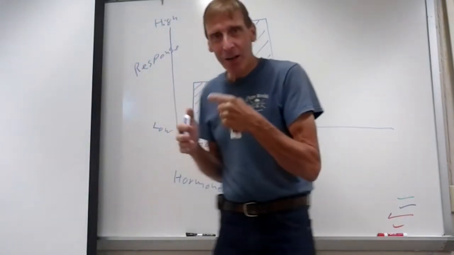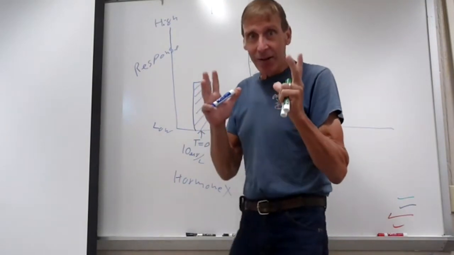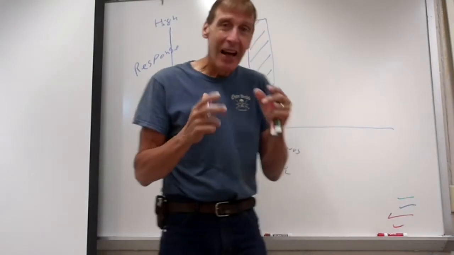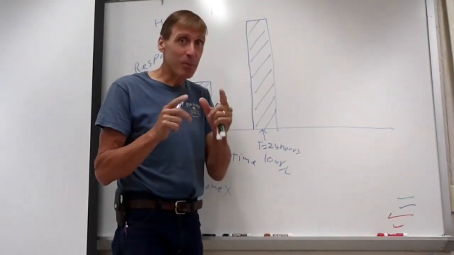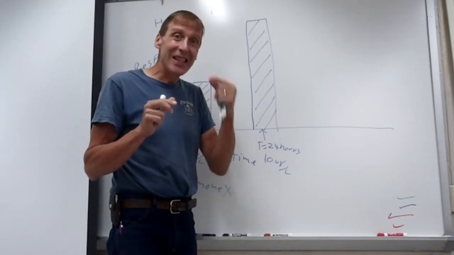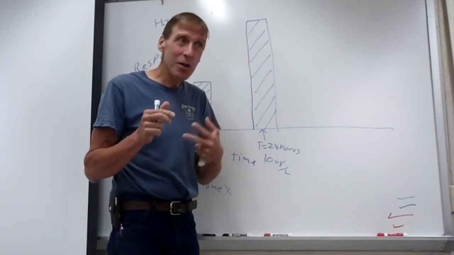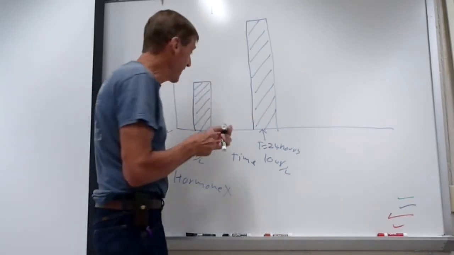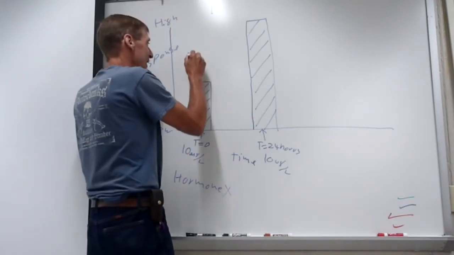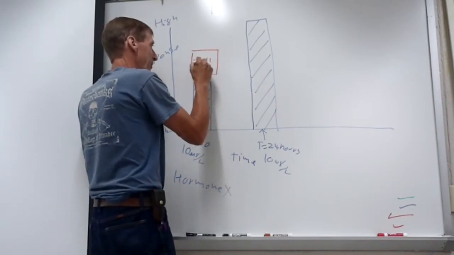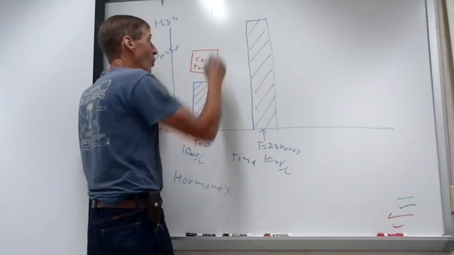What can happen in some cases? Remember, when we talk about target organs and target cells, there is a specificity. A target organ, tissue or cell has to have protein receptors for that particular hormone. The number of receptors a cell has is not necessarily fixed. You can make more of a protein, less of a protein, it depends. Just to give you an idea, let me make a little red diagram. This represents the target cell for hormone X.